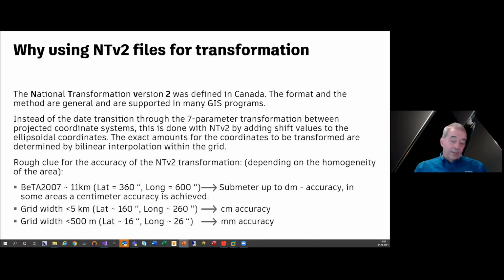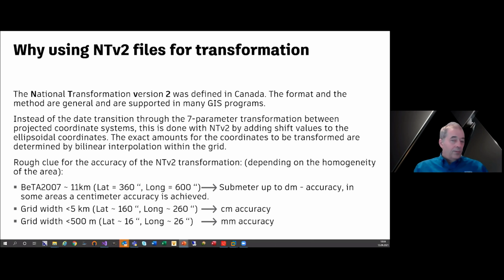We have a different GSB file with a grid width of less than 5 kilometers. We can reach an accuracy in centimeters. And when we use an NTV2 file with a grid width of less than 500 meters, we reach millimeters. So you see, depending on the grid width of your file, you can get better results.